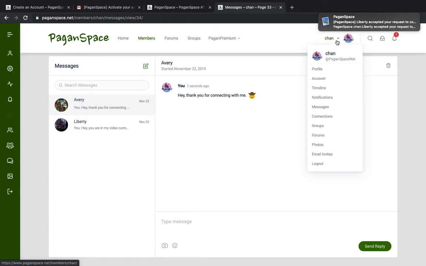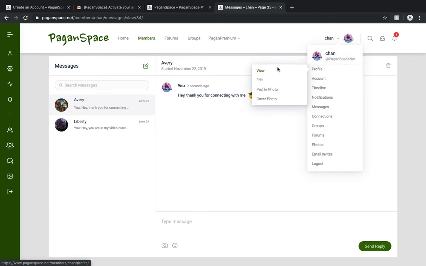So now we'll get into the profile dropdown. So from the profile dropdown, you have the ability to do a lot of different things. You can actually view your profile, edit your profile photo, cover photo. So this is pretty much just a shortcut to what we already did. Your account, your login information, email preferences, privacy, export data, delete your account. Your timeline, your posts, notifications, your unread and read, your messages, or you can compose a new message, your connections,